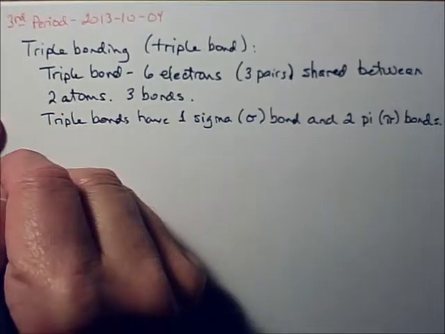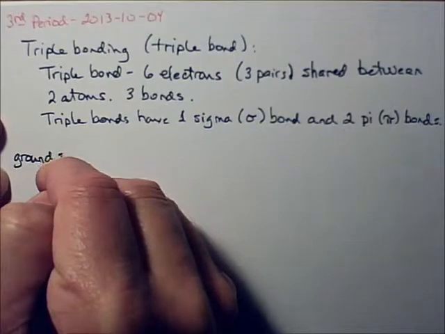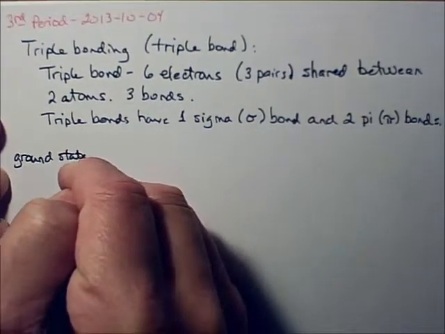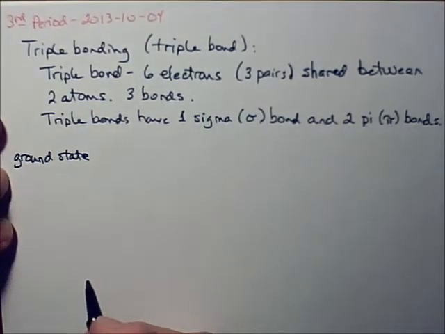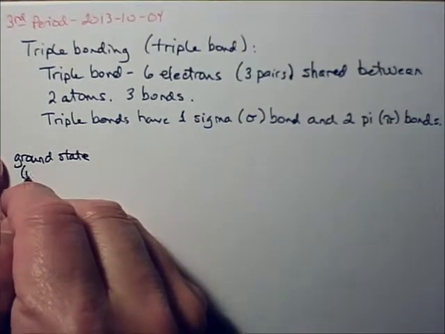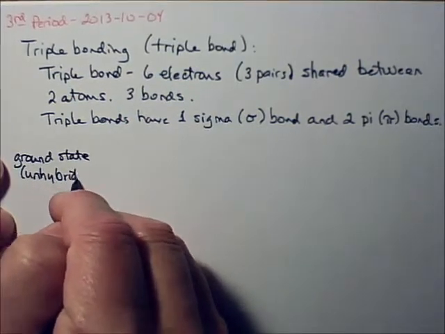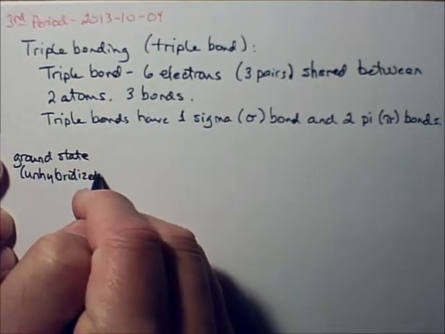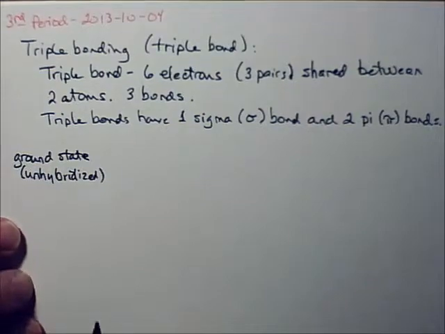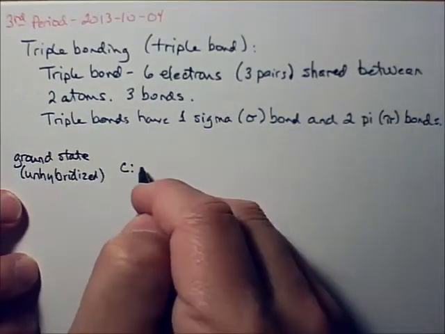So let's look at the ground state orbital notation for carbon and nitrogen. Okay? Now, ground state means they're unhybridized, among other things. Okay, we're not going to hybridize anything when we do the ground state. All right, so this is what we learned in the last unit. Here's carbon,